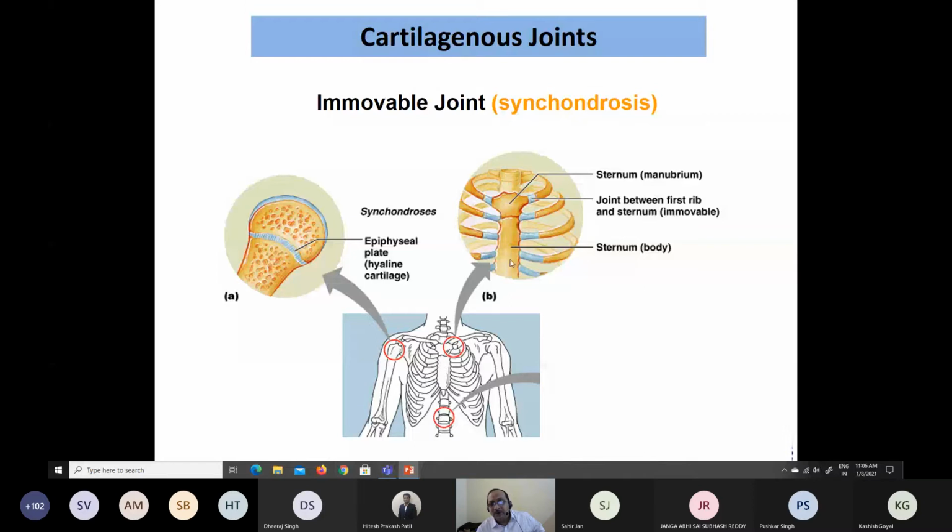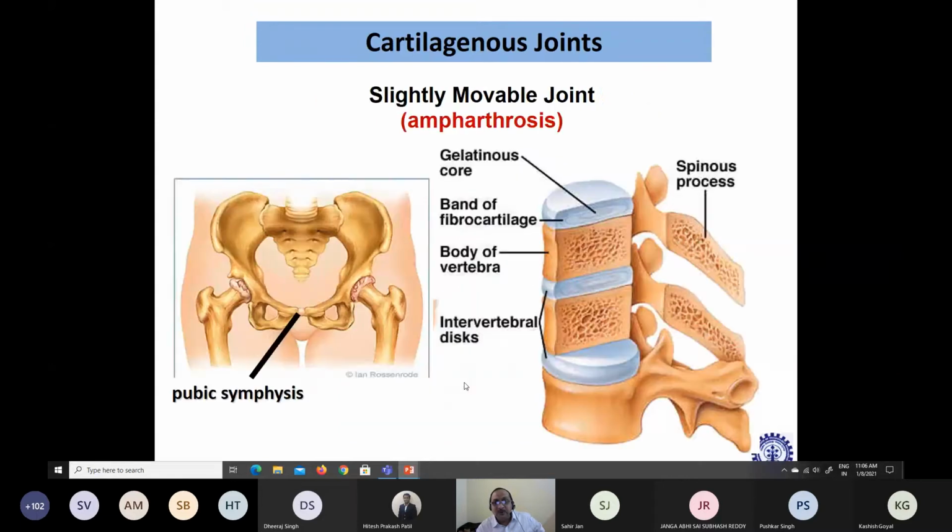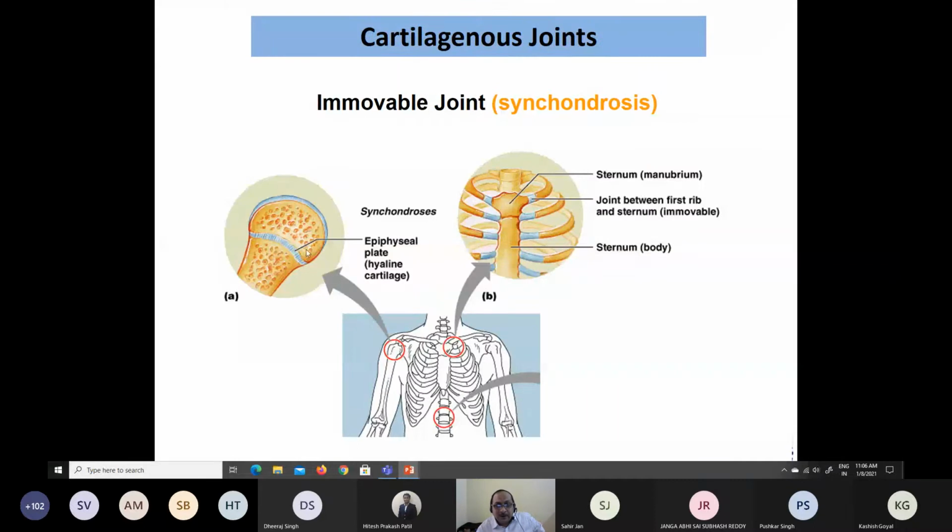So you have the sternum, the rib cage and the sternum, and there is the joint between the first rib and the sternum. So this connection point of the ribs with the sternum is actually an immovable joint. So there are also examples of immovable joint